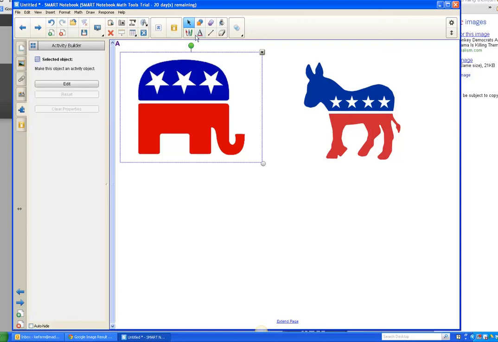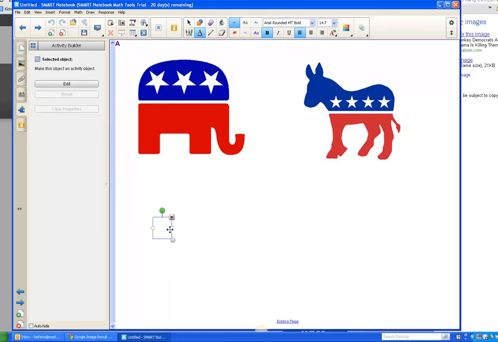Okay, so you have these two objects here, and maybe you make some text boxes that show some of the party platforms, such as pro-choice. You do pro-life. All right, so now